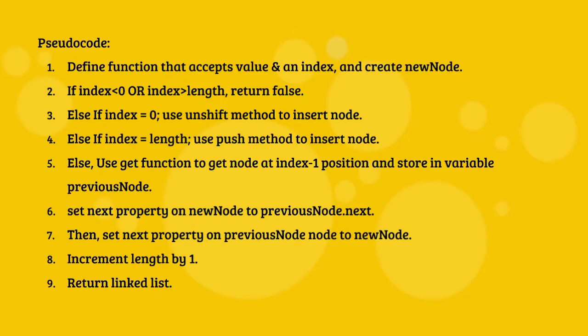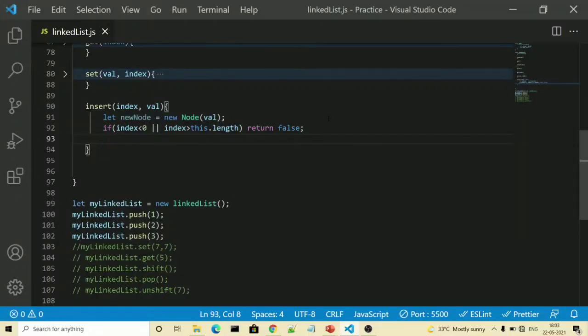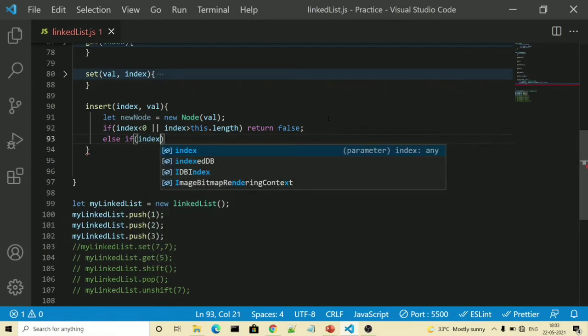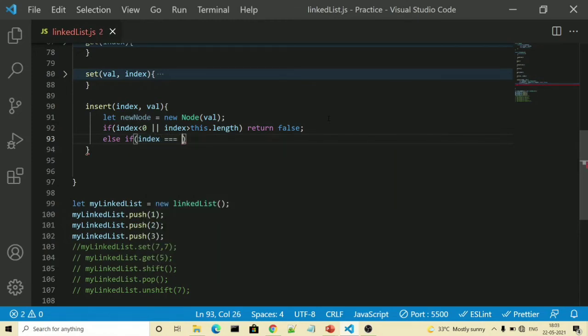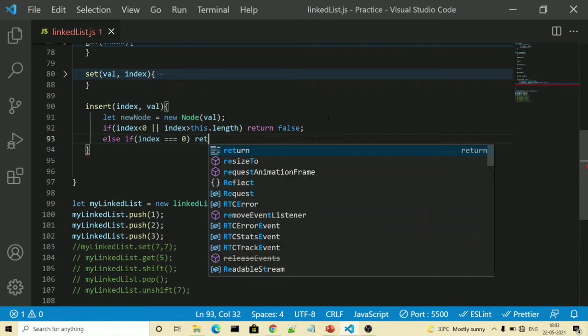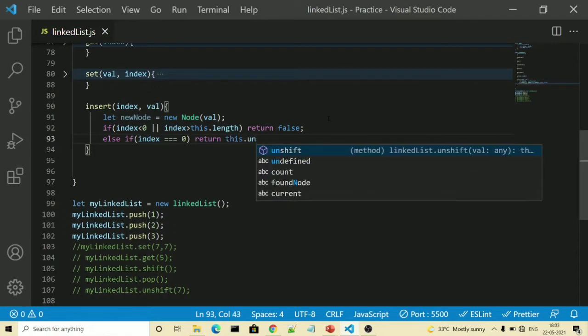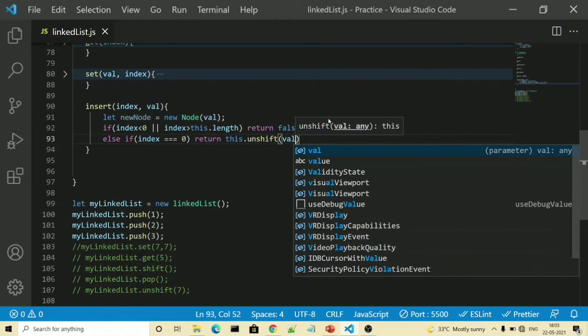Then it is saying if index is equal to 0, use the unshift method to insert the node. So we will write else if index is equal to 0, at that time we will make use of the unshift method to insert the node at the first position. So we will write this.unshift and pass our value here.